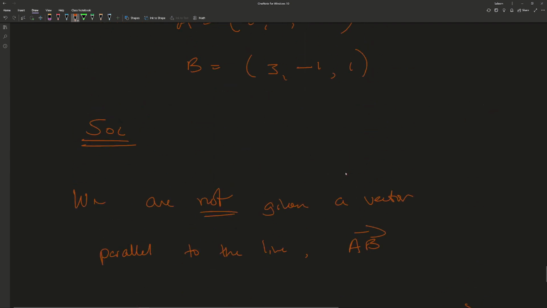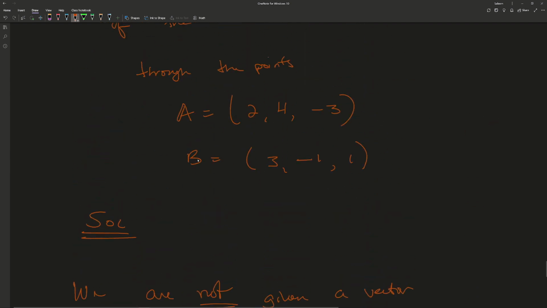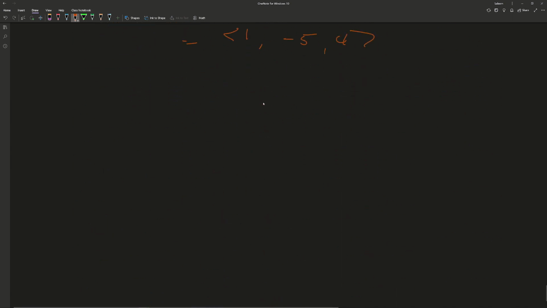So let's take a point here now. So choose a point, A or B. I'm going to choose A. Let's start with A to make it easy for us. So let's take A as our point P0. So taking A as P0, then the parametric equation,